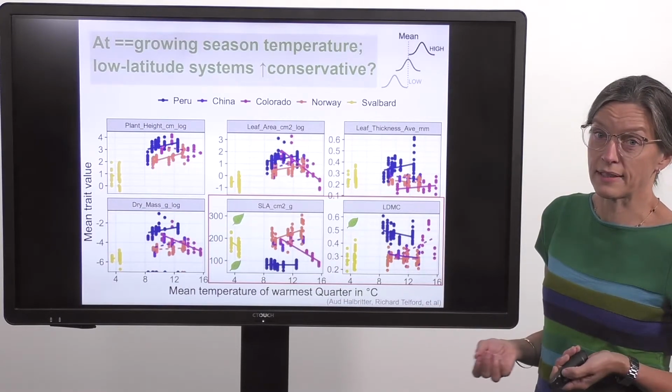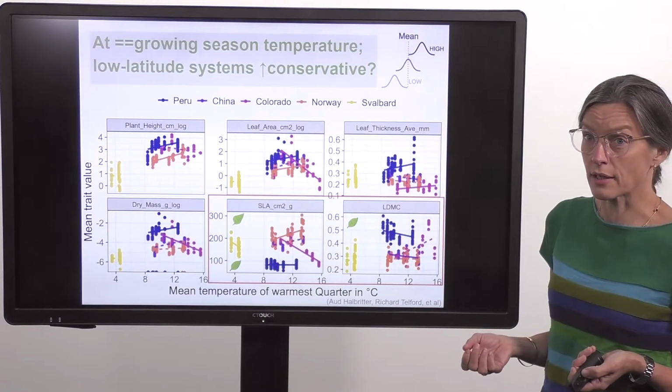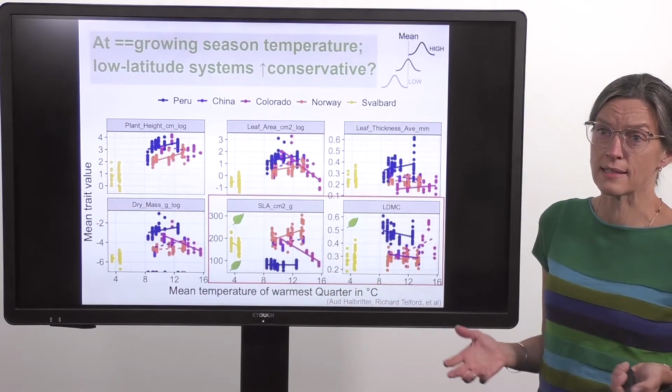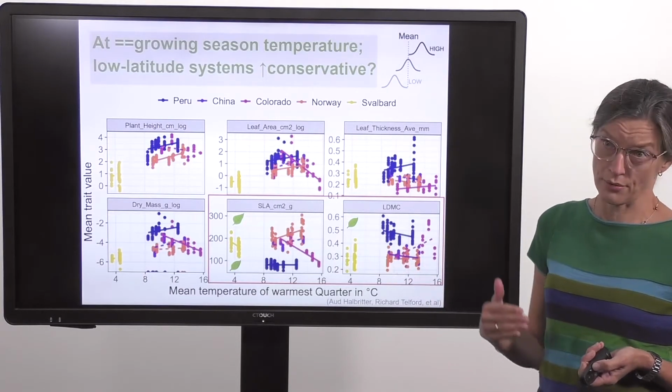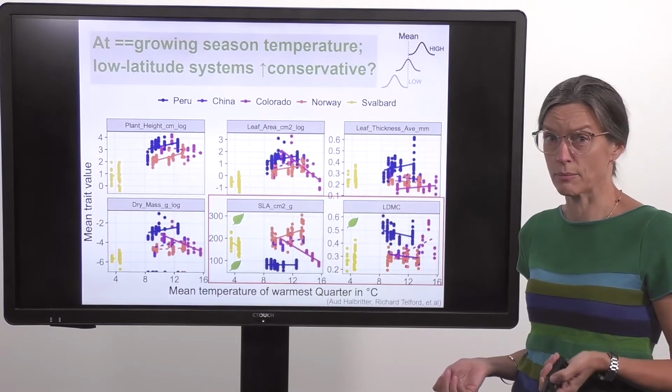And one possibility of this is, of course, that it's related to the conditions during the growing season. So maybe it's related to more mesic growing seasons in the short northern summers. It can also be related to seasonality in drought in the southern climates. So these are things that we are interested in exploring more closely.